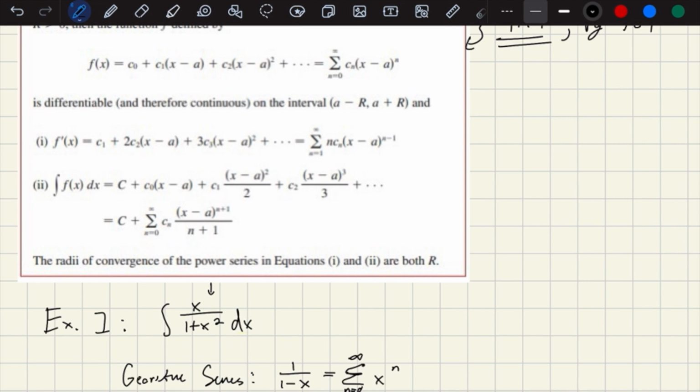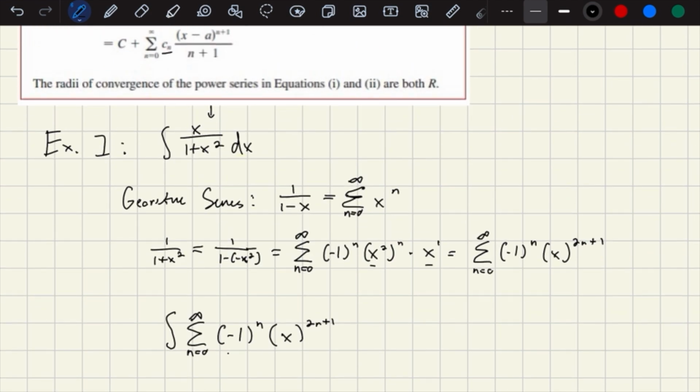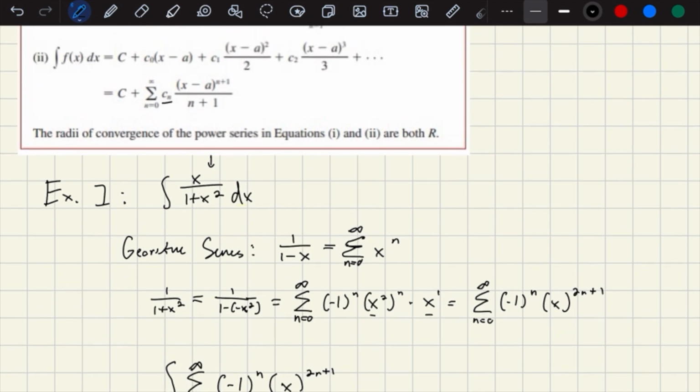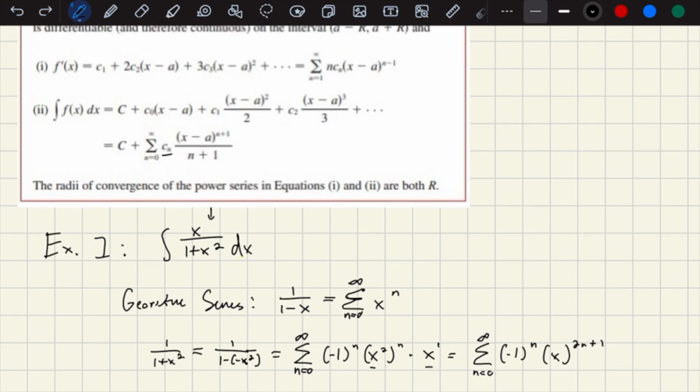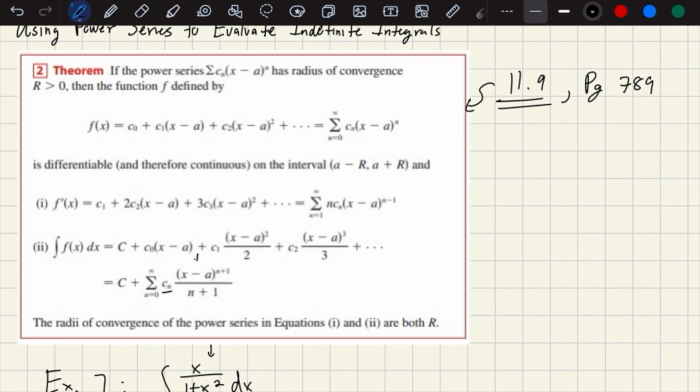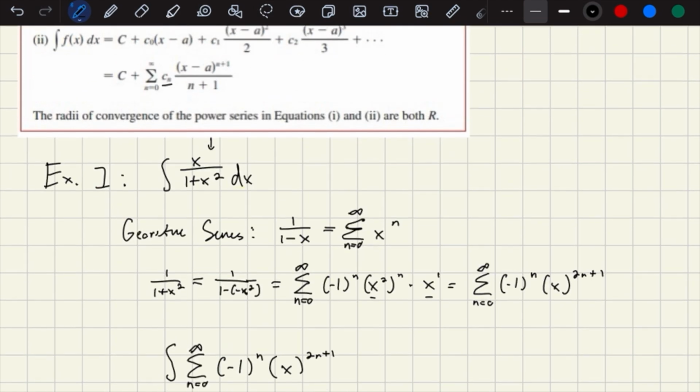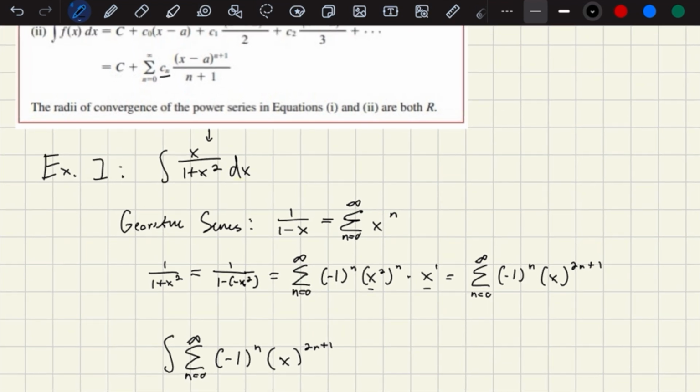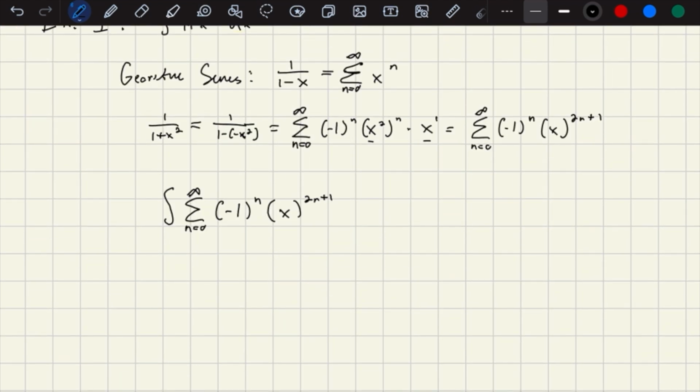So here Cn is going to be negative 1 to the n, and then you have the x minus a term, with the radius of convergence. So here a doesn't have one, for the matter of fact, it's just 0. So when you integrate it, this becomes